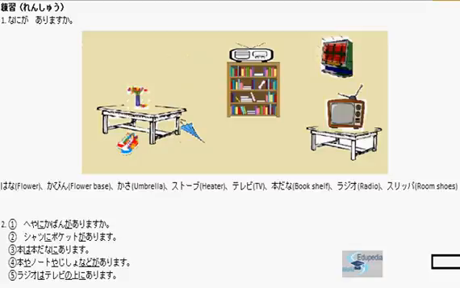So it's not required to answer all the objects that are available in this picture. Instead, you can just use the ya nado pattern and finish the sentence in a short format. For example, hana ya, kabin ya, kasa ya, stove ya, terebi nado ga arimasu. Clear? So basically there are three different ways of answering this question.